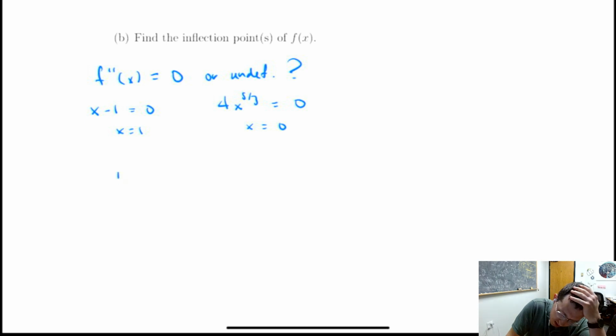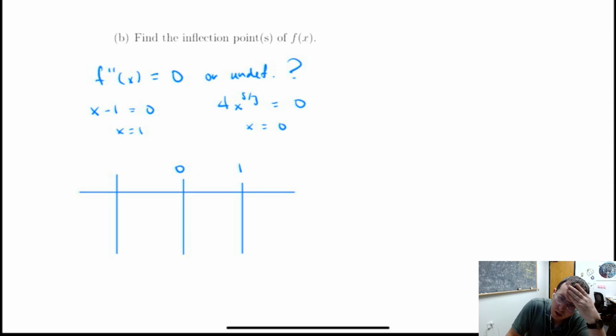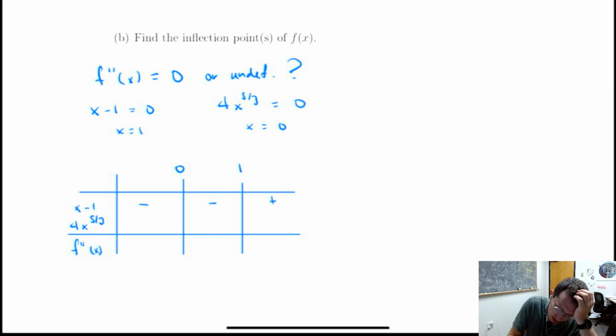So let me make a sign chart again. We have an x minus 1, and then in the denominator we had a 4x to the 5/3. X minus 1 goes from being negative to positive at x equals 1. The x to the 5/3 is going to be negative when x is negative and positive when x is positive,